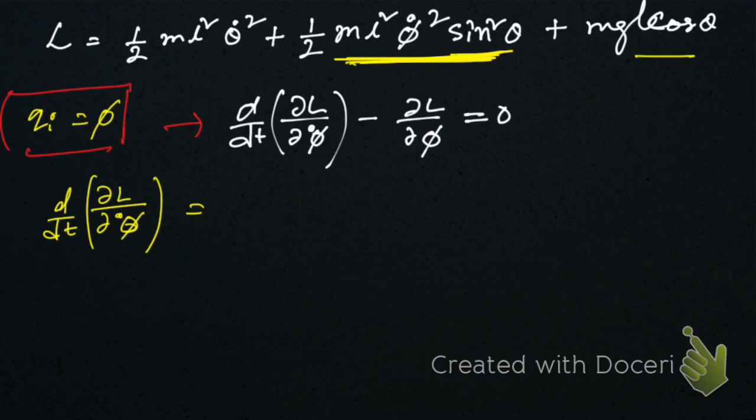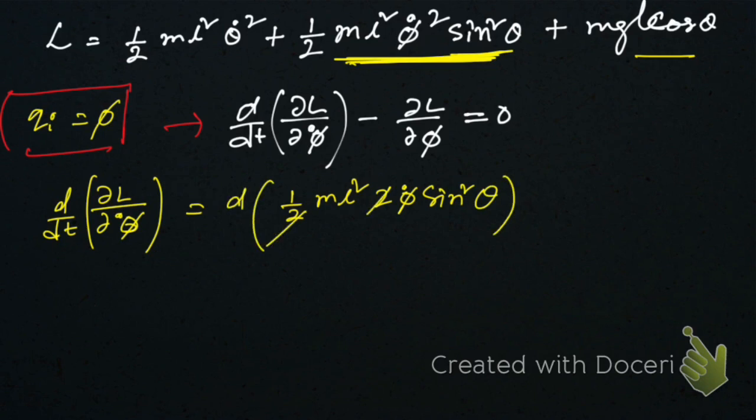If you differentiate it partially, then you should get half ml square 2 phi dot sine square theta, then these two cancel. Then again you need to differentiate it with respect to time t. If you differentiate it with respect to time t, then what will you get? Then you will get ml square,